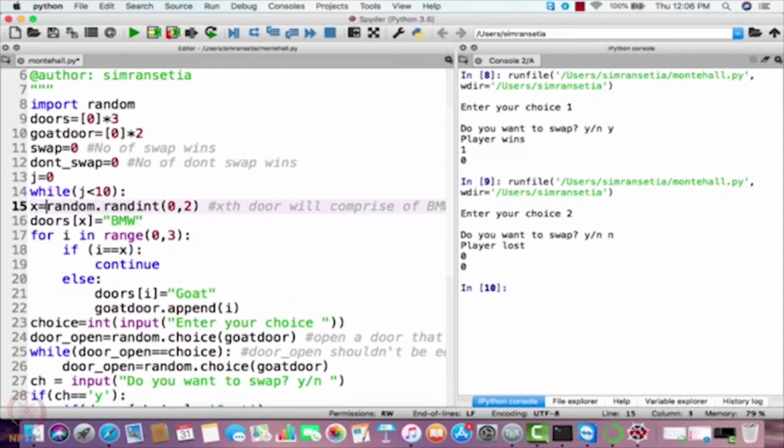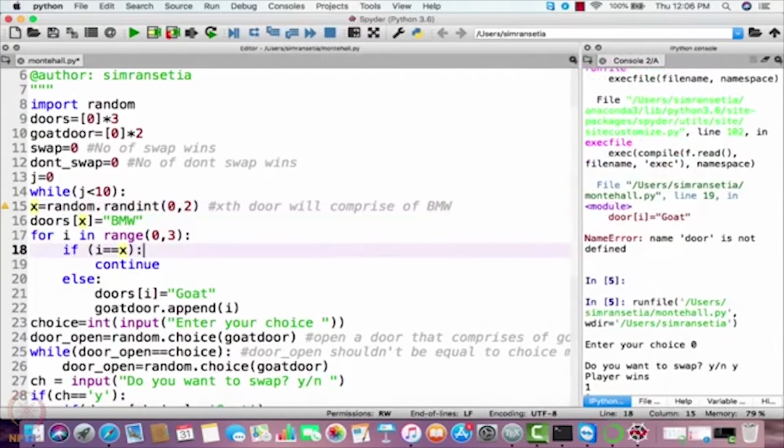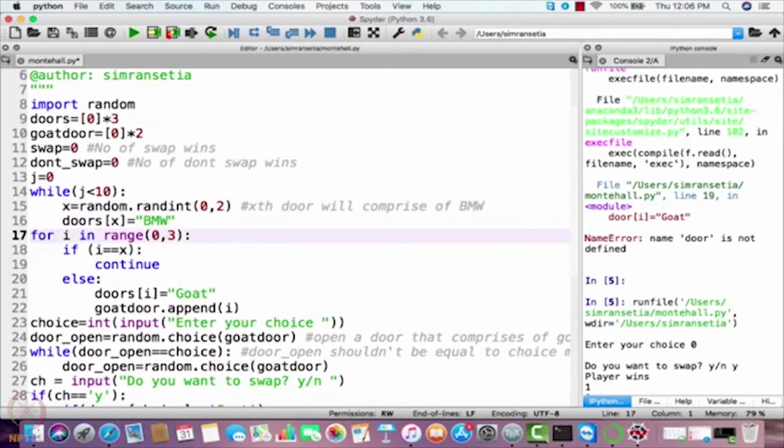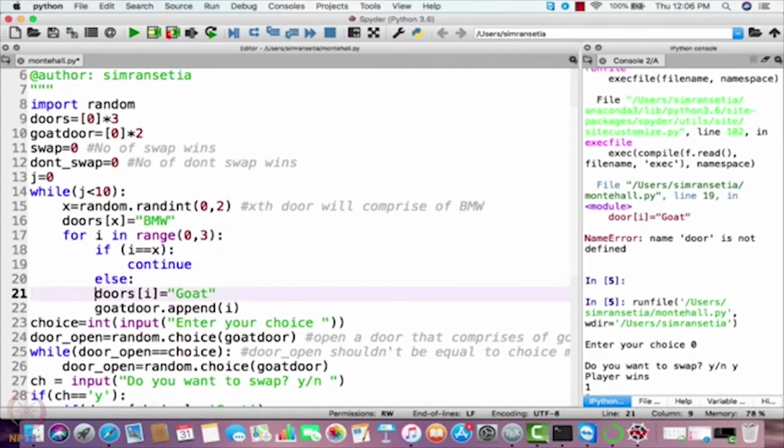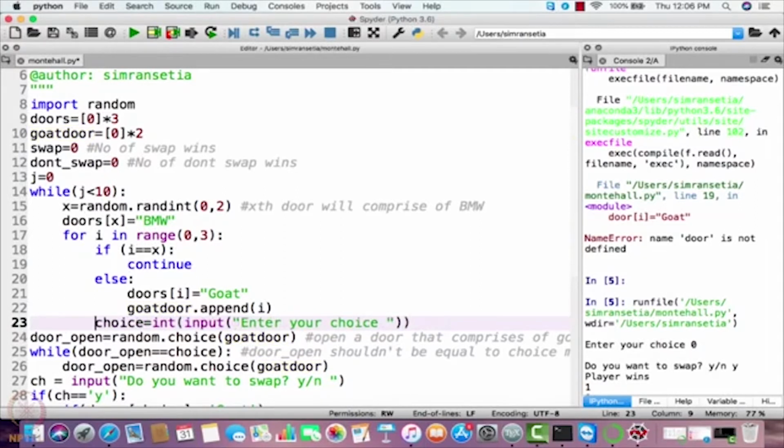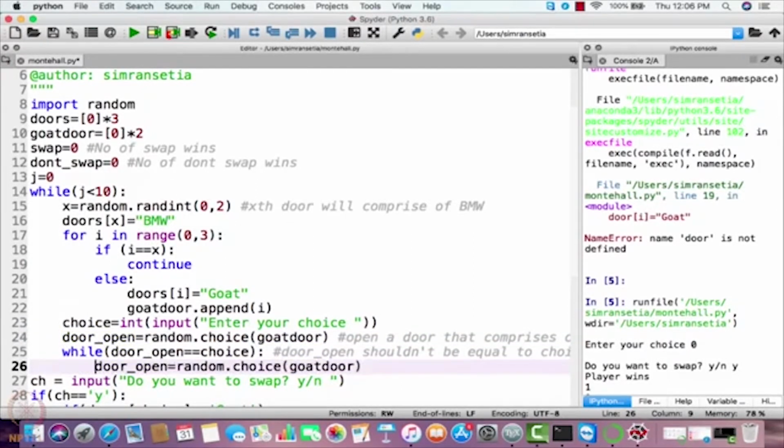For that you have to indent it properly. So since we have to run it 10 times, I'll just use a while loop here. Okay, so now this has to go here, this has to go here, this here. Now it has to be inside the while loop.